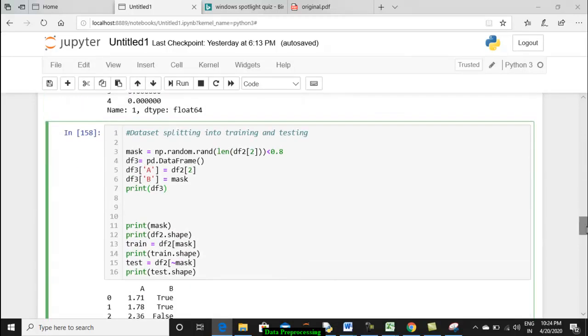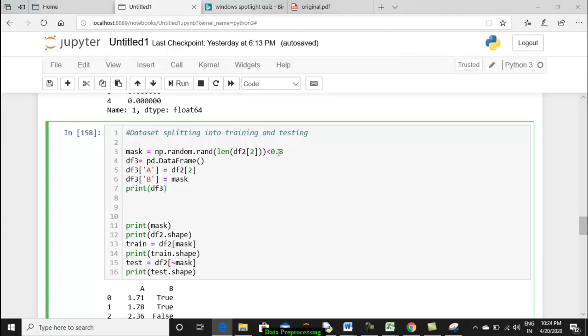Okay. Now with that idea, have a look at np.random.rand of how many values I have to generate. How do we know the length? Length of df of any column will give you the number of rows.